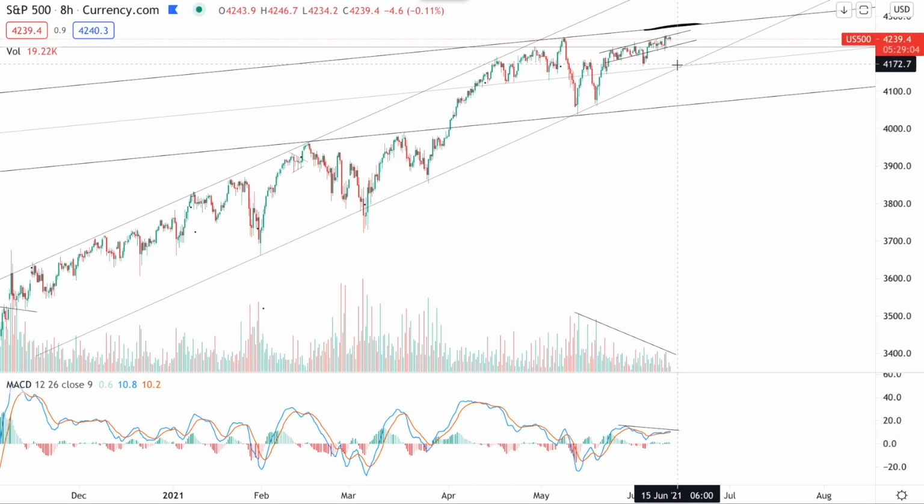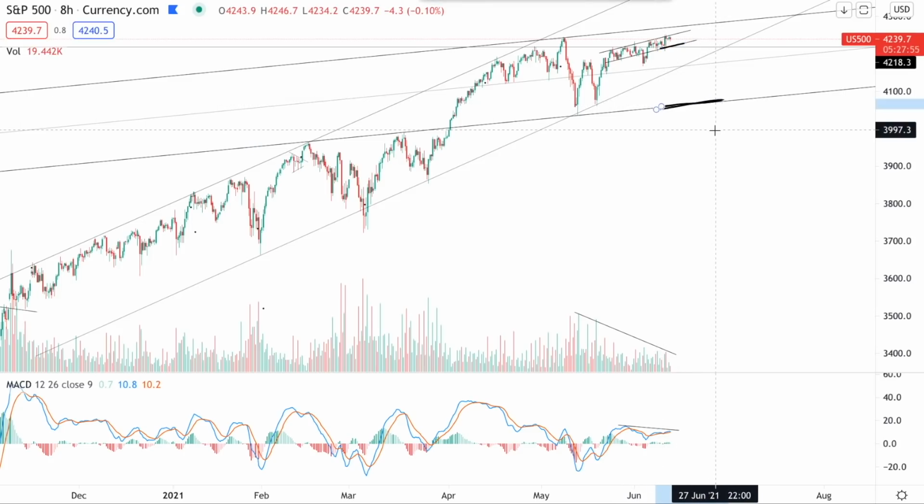Now we could always have a renewal of that momentum with a news type of event that brings the market higher. But right now, the current technical picture suggests we could see some short-term volatility if we begin breaking down below this level of resistance, and that could provide some nice buy opportunities at lower levels if we see a retest of that trend line.